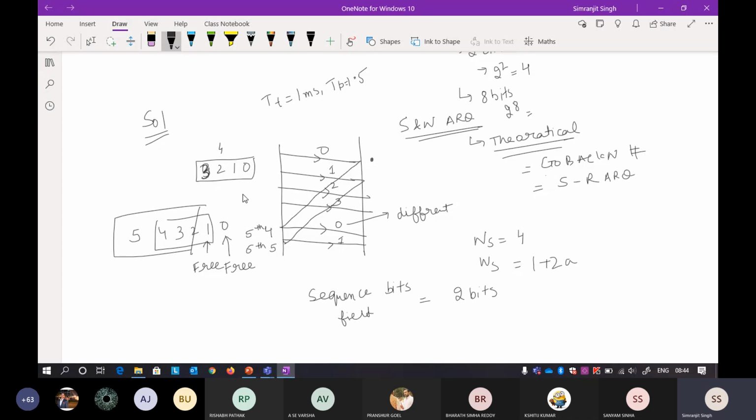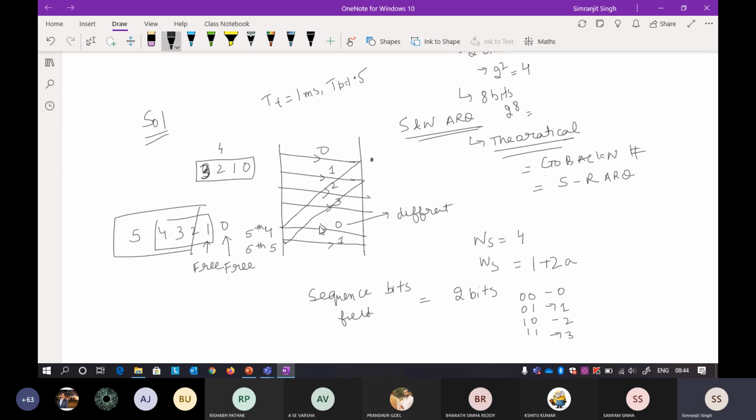Why? Because I have to represent only 4 numbers: 00, 01, 10 and 11. This is your 0th packet, 1st packet, 2nd packet and 3rd packet. When I slide the window further, this particular packet will be free, and I am again free to use this particular number.